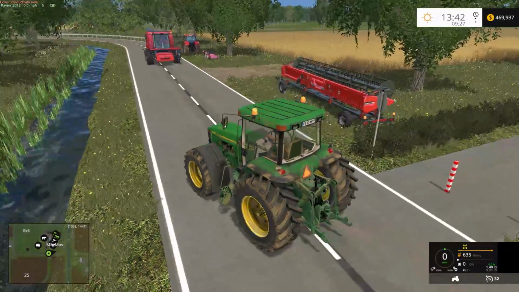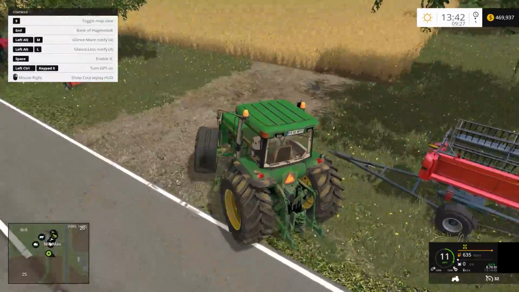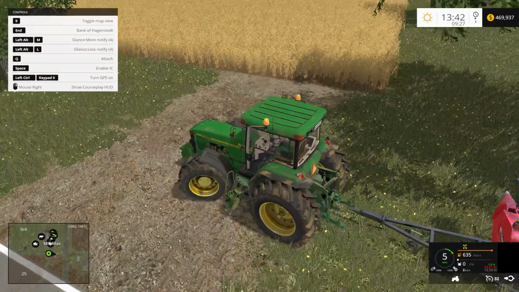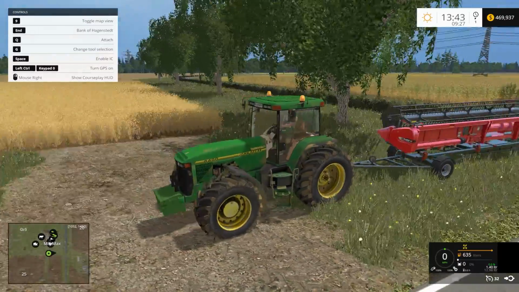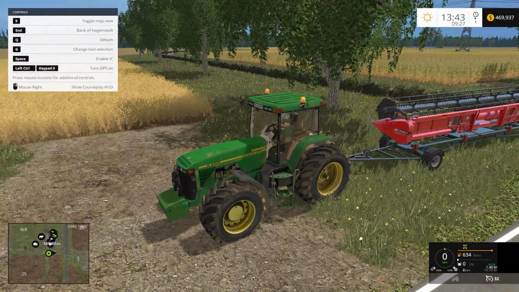Okay, I'm just making sure. So yeah, let me turn on F1 here. So normally when you attach here, things get lined up a little bit better. Obviously the Q key attaches, but it really doesn't attach the header yet. So you kind of gotta